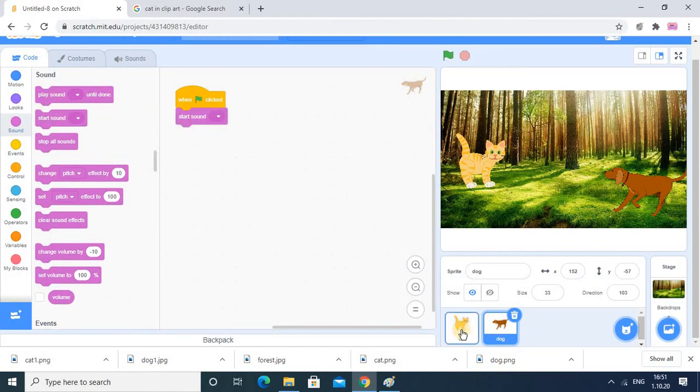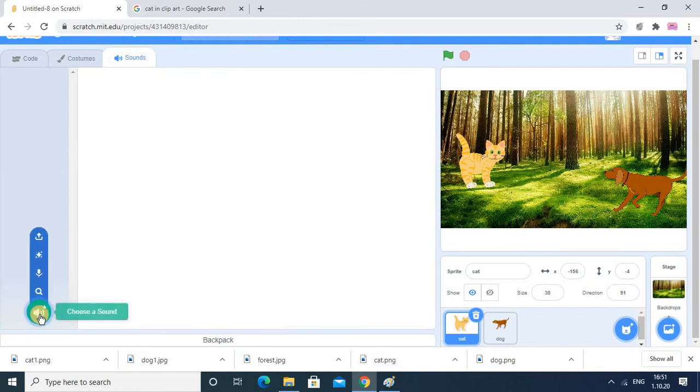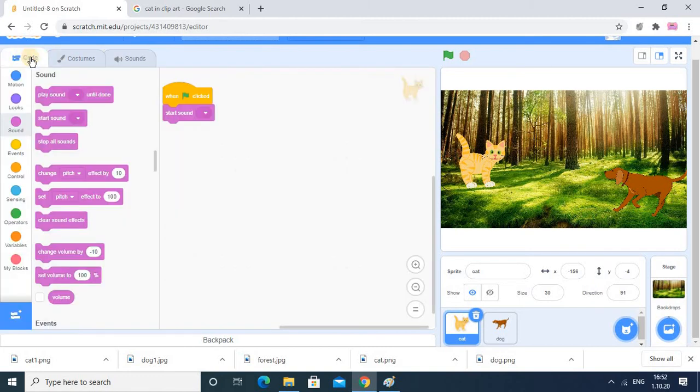Done. Now here we want a customized sound. So straight away you can add sound from here also. The sound icon is there and you can upload the file. If you already have a sound in your device, you can upload it. You can download from the Internet, save in your device and then upload. But I don't want this, it is time consuming. So we will go in the record section. So this coding is for the cat.